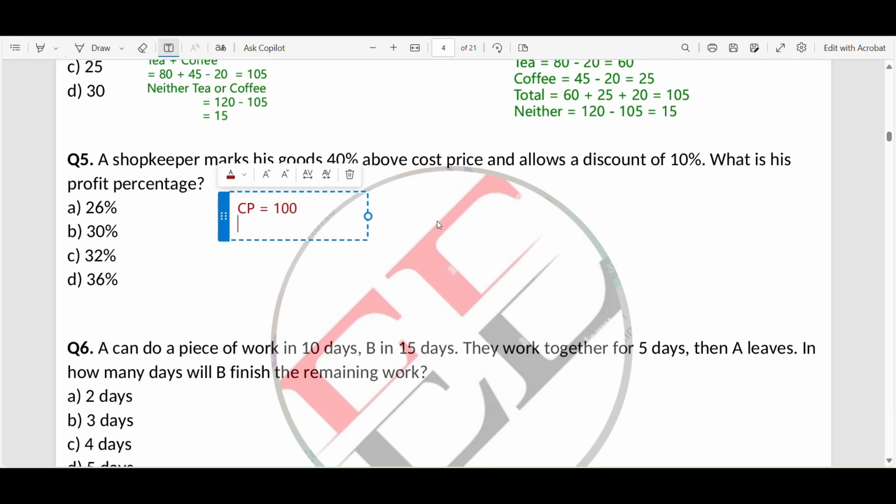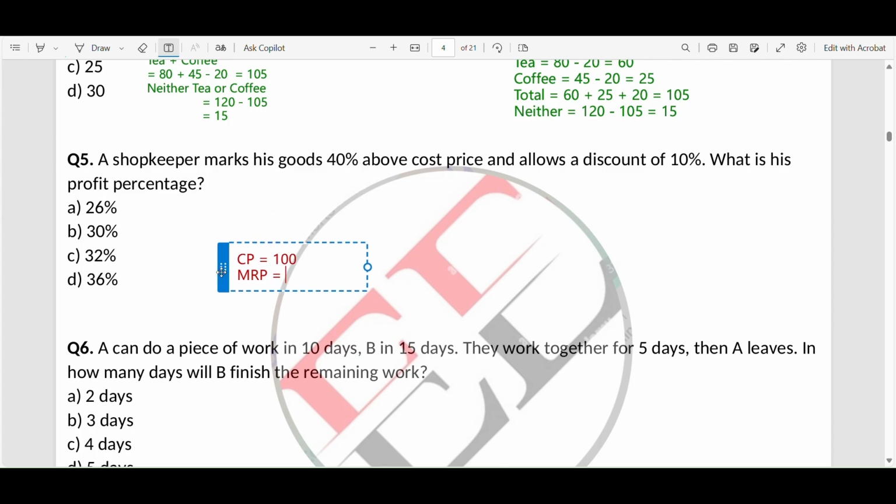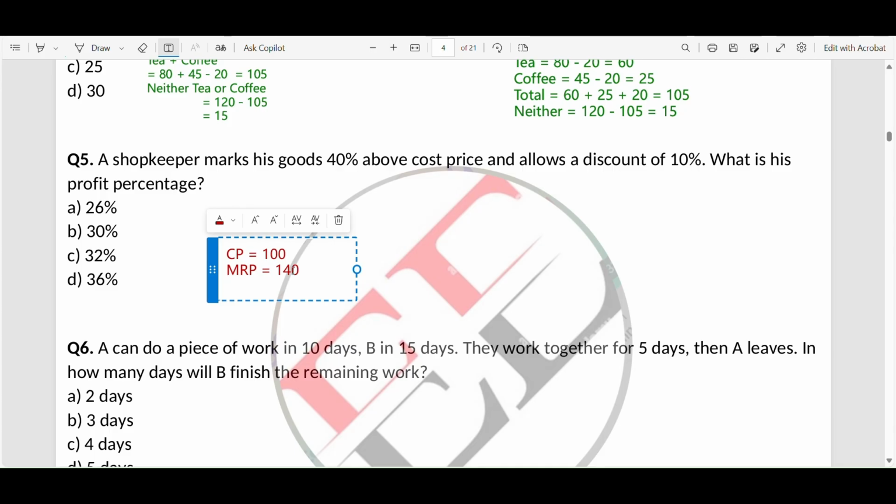Just consider 100, because percent is nothing but per 100, right? So your calculation will go very smoothly and easily. So the cost price is that, and the MRP is, let me take it down. Yes, the MRP is 40% above cost price. For 100, what is 40%? It is 40, right? So the MRP will be 140, and